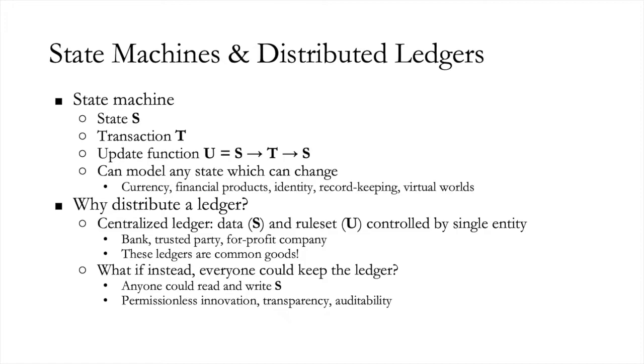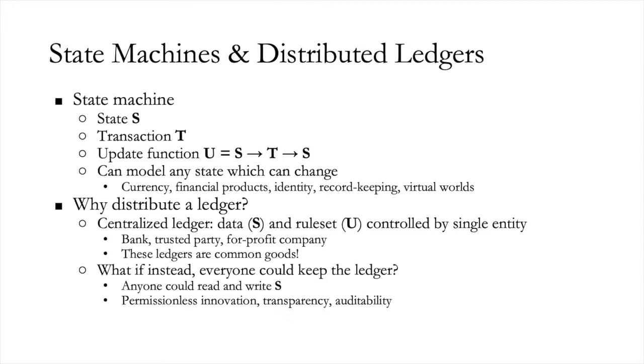Since anyone can generally read or write state and apply these transactions, you can innovate, you can build upon these state machines, compose them perhaps in ways that don't require permission. So you can write some kind of software on top of the state machine, maybe a different state machine, or maybe an interface to another kind of software. And that software can generate transactions or can read existing transactions. You don't need to work with a party who's controlling the ledger and controlling the rule set and convince them to change the rule set or to allow you to modify the ledger in certain ways. You can just do it.